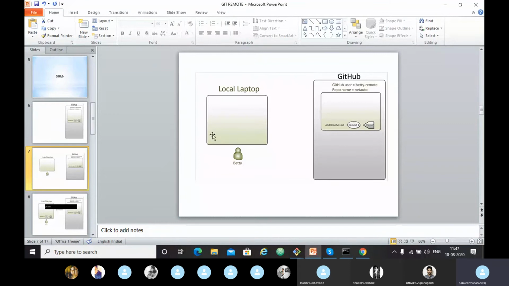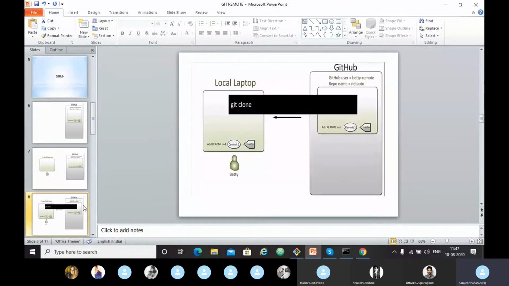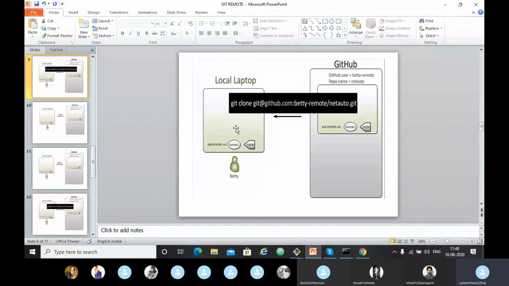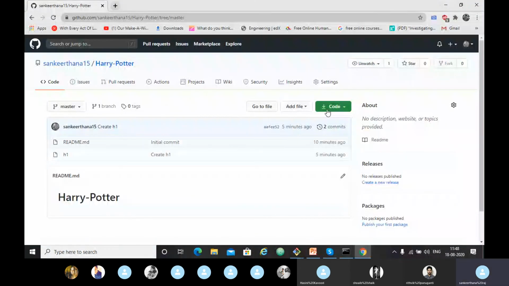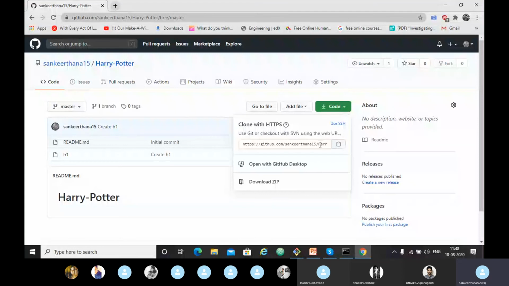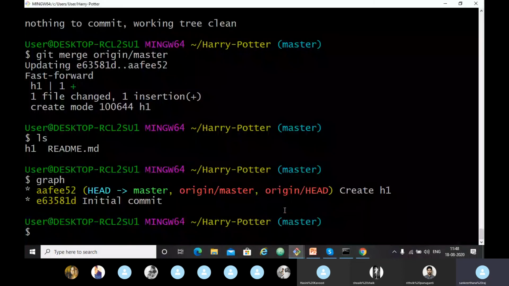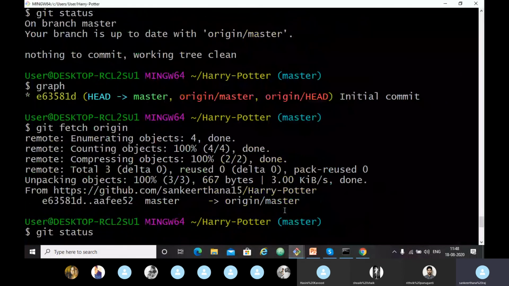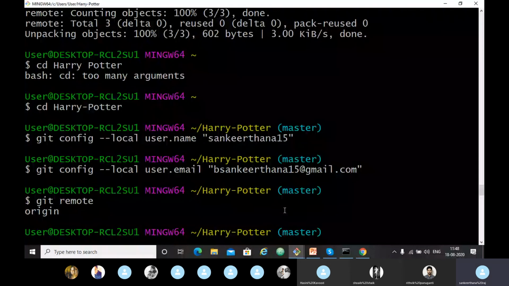This URL you can find here under Code. You can just copy it and paste it here. Type git clone and just paste it. You will have that cloning.